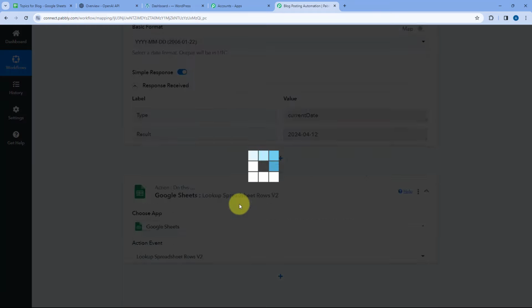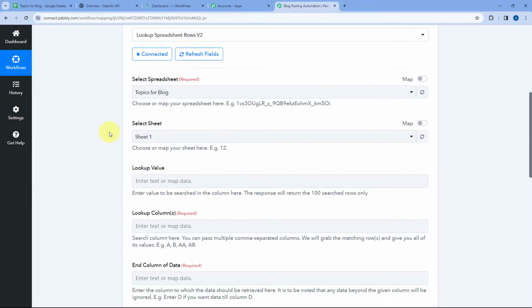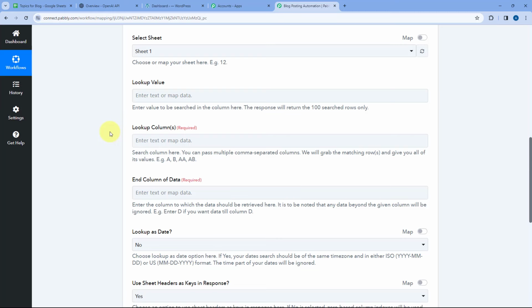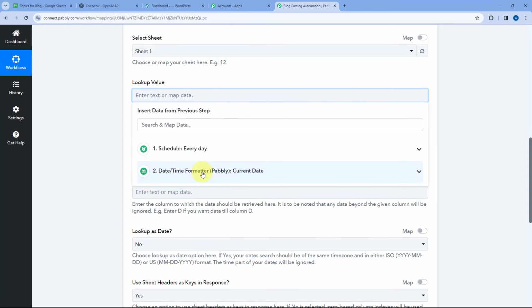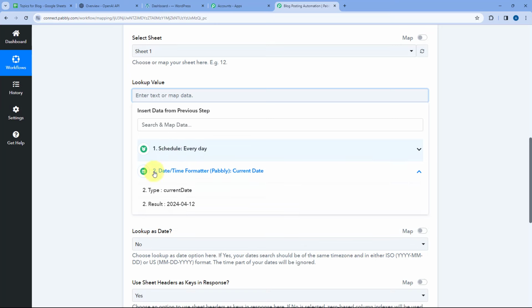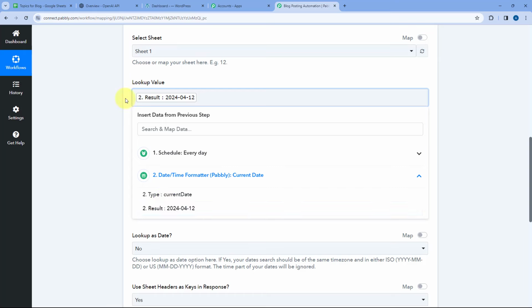And we are going to map the same date over here so that using this date, we can search the topic of the blog for today. And the process of mapping is very simple. Simply click on this field and here in this drop down, you can see a list of all the responses from previous 2 steps. Out of all of this, from datetime formatter responses, select and map the response of date